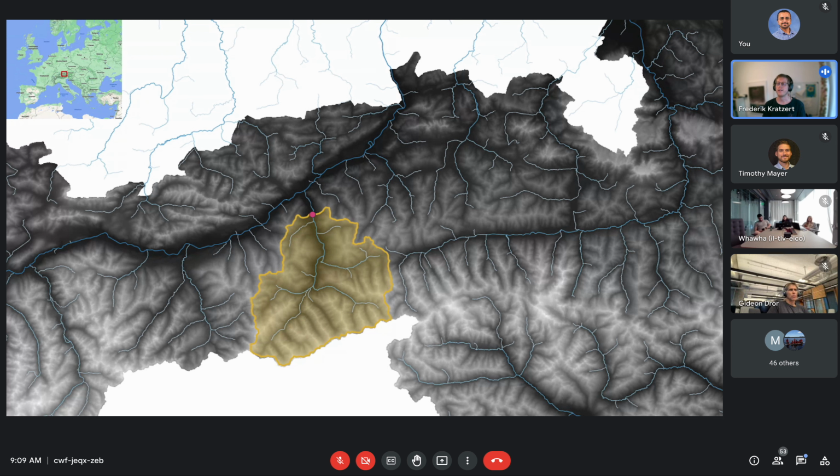Now there's another concept that will be important for the rest of my talk, which is lumped modeling. In hydrology, we refer to lumped modeling when we model an entire area by spatially averaged signals. So we take this area, we compute the spatially averaged precipitation, the spatially averaged temperature, and we use these spatially averaged time series inputs in a model to then model and forecast the stream flow at this point. This only works for certain settings, but it is the most common setting in hydrology.